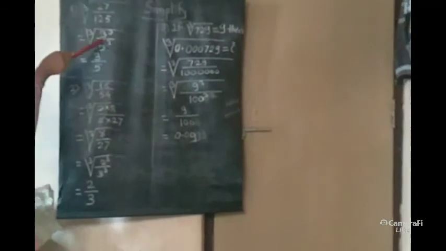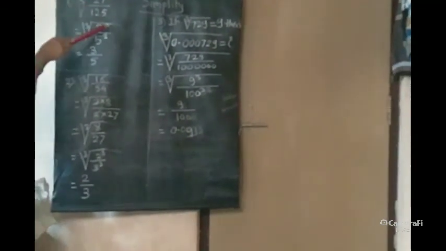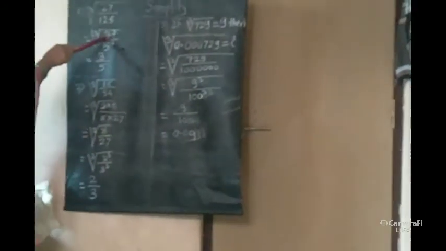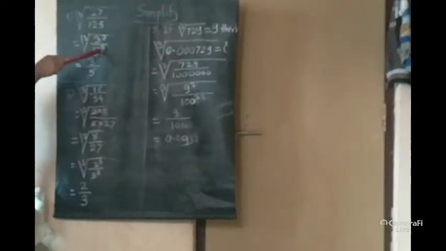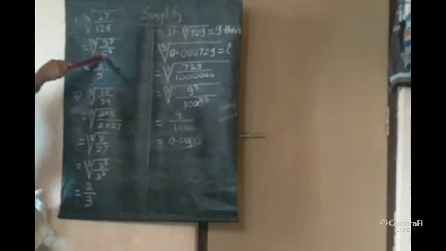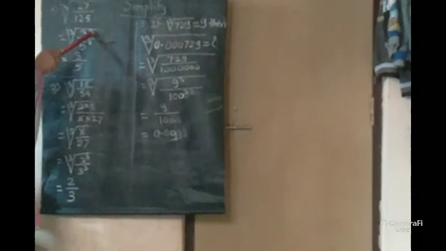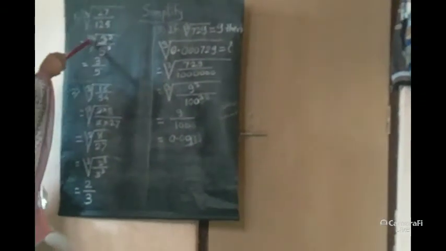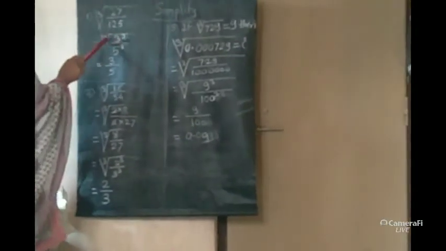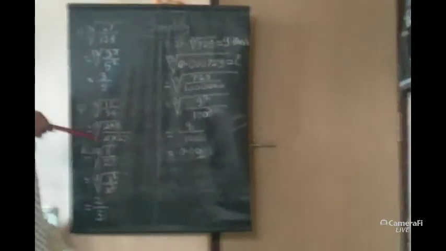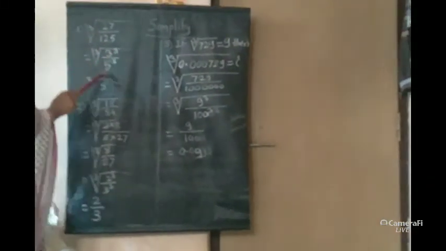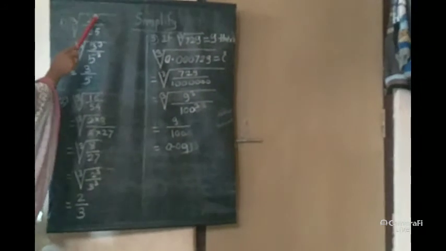Now when finding the cube root, we should write its value in index form. Here 27 means cube of 3 and 125 means cube of 5. We write them in index form under the cube root sign. So it is the cube root of a cube. So we remove the cube from its index form and find the cube root as 3 upon 5. That means the cube root of 27 upon 125 is equal to 3 upon 5. Like this you have to solve example number 1 from question number 2.